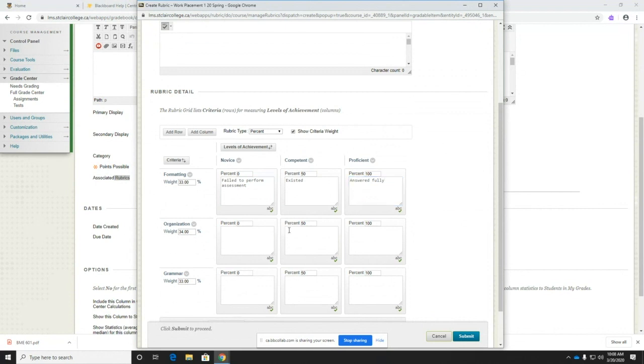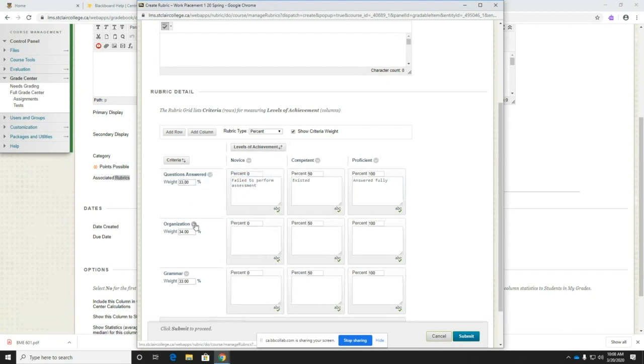So if I had something set up like this, I could say that 33% of the mark is whether or not they even answered a question. If they didn't show up, they get a 0. If they existed in the class but they didn't do anything, they get a 1. And if they answered, they would get a 2. That is only going to be weighting 33%. Organization, in this case, I can change this edit, so I would set this up to be questions answered, and going to say that that's going to be 33%